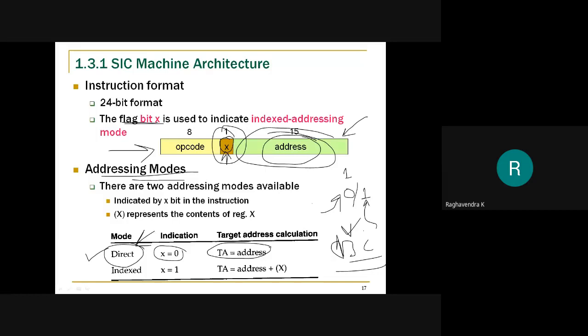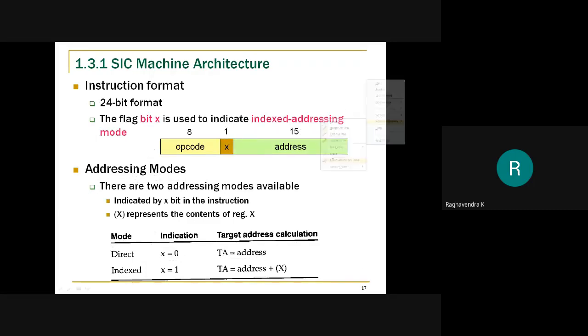I'm directly calling that particular student using his name. So this is called direct addressing mode: when x is 0, the instruction is using the direct addressing mode. Got it? Okay.